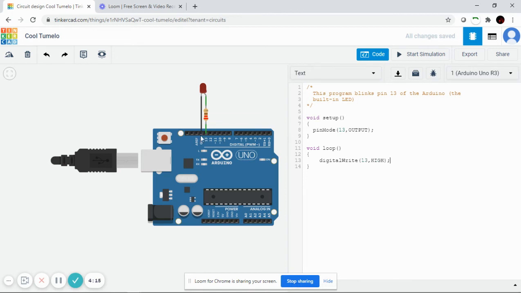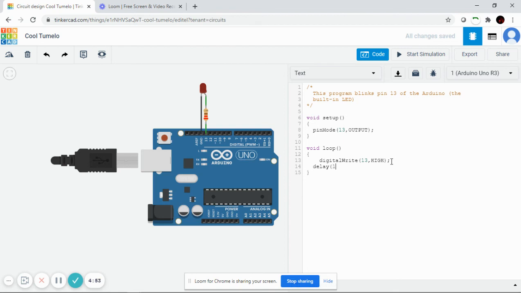We know that the pin 13 is a digital pin, and in the case of digital there are only two values, zeros and ones. Here HIGH corresponds to the value 1 and LOW corresponds to the value 0, and HIGH means that the LED will glow up and LOW means the LED will not glow up or the LED is in the off state. Now this code will make the LED glow up, but we need to create the blinking action. That is, the LED needs to glow up, then after 1 second it needs to be in the off state, and then after 1 second it needs to glow up again. So the code for that is